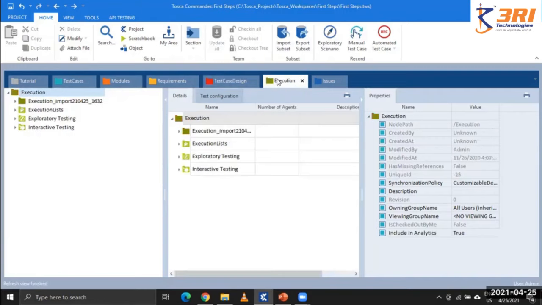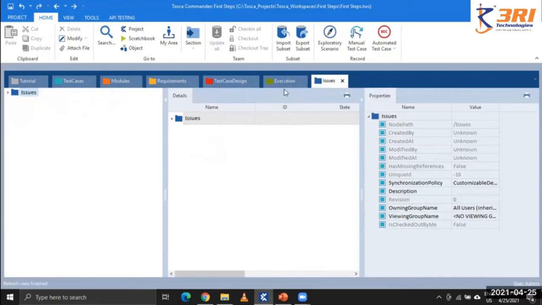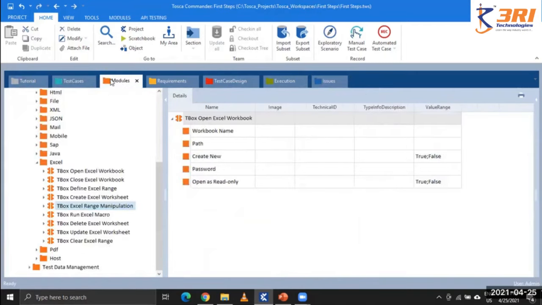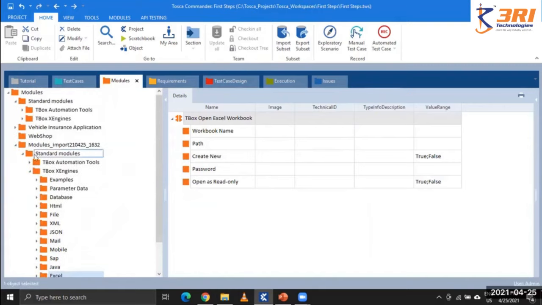This execution folder will maintain the test logs of your test execution, what you have executed, like the overnight execution. It will ultimately create the logs of that particular execution. And these are the issues that will come after integrating with Jira. It will give you an overview of where we have got issues and where we have raised bugs. So I want to give you a demo of how we create the